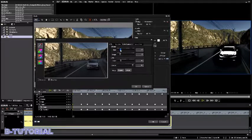Careful because we don't want to actually select